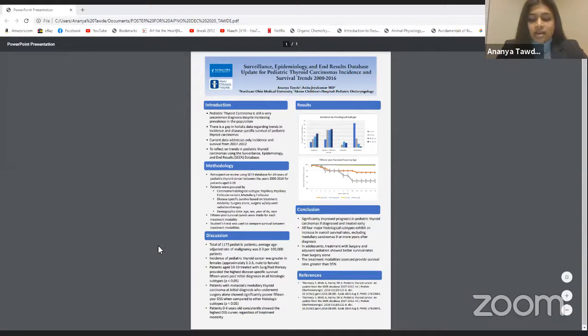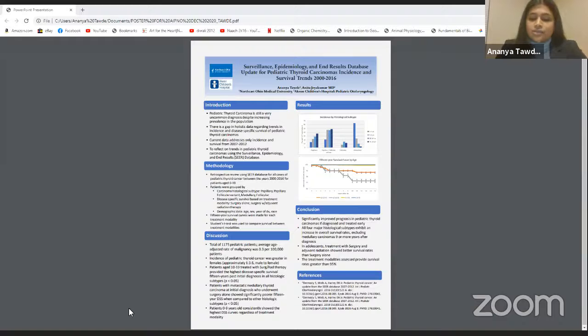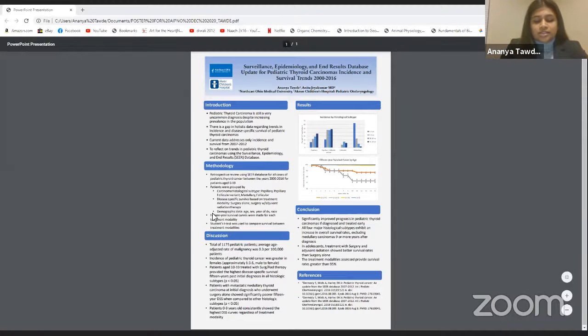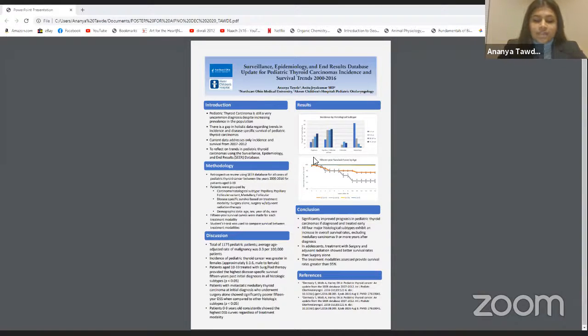This looked at incidence rates of the diagnosis, and it was greater in adolescent females. For the papillary follicular variants, this was the most common subtype that we saw, but overall there was an increased ratio of medullary carcinomas in patients under the age of 10. In survival trends, we saw that rates have gradually increased over time, and I assessed the survival rates of patients